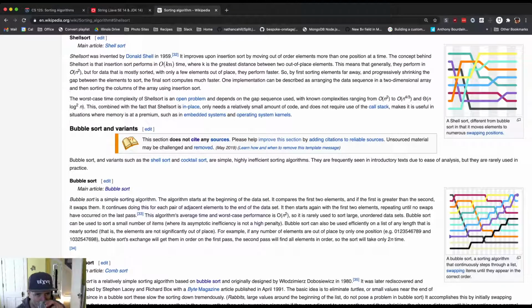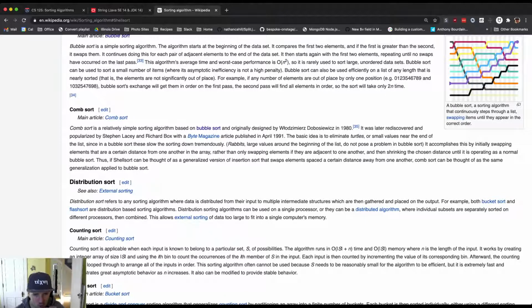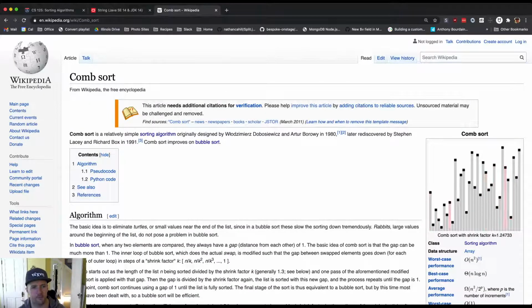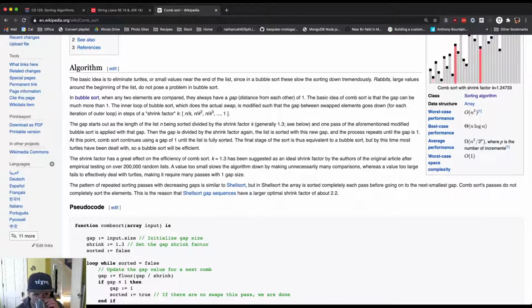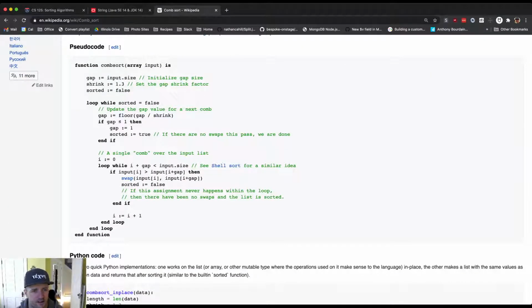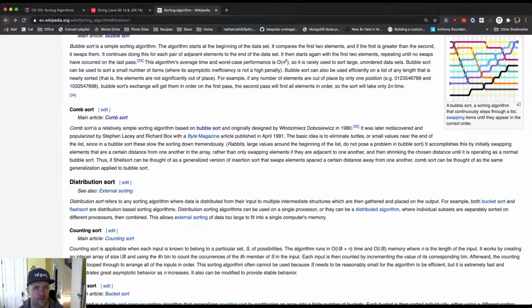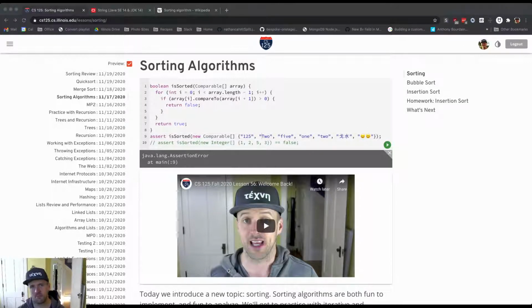Yeah, shell sort. Comb sort. Yeah, I'm sure we can implement this, but some of these get interesting. Oh yeah, I think that's how it works. Does the gap value go up? Yeah, that's right. So that's kind of neat. You can sort of think about it compared to bubble sorts, right? So the idea behind, I'm just vamping because